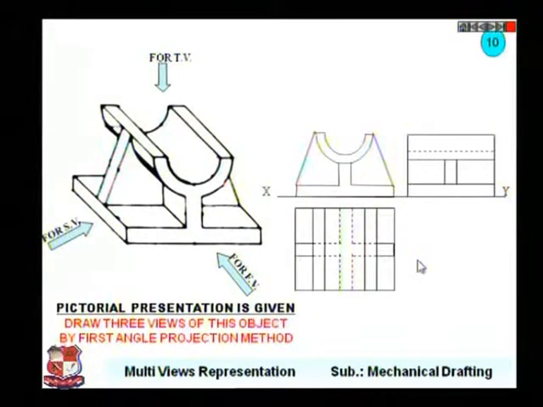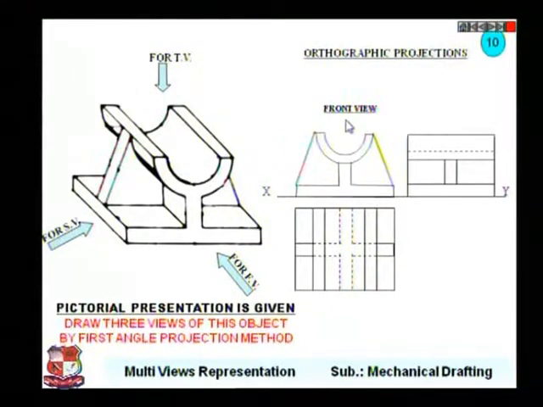And about the side view, if you look from the side, this rectangle, this inclined strip would appear as a rectangle as shown over here, and this rectangle, and this is the rectangle. And about this bottom edge, this circular edge, a dotted line would start from here and end here. So that is represented by this dotted line for this circular portion. And for the orthographic projections, this is the front view, this is the top view, and this is the left hand side view of this object.